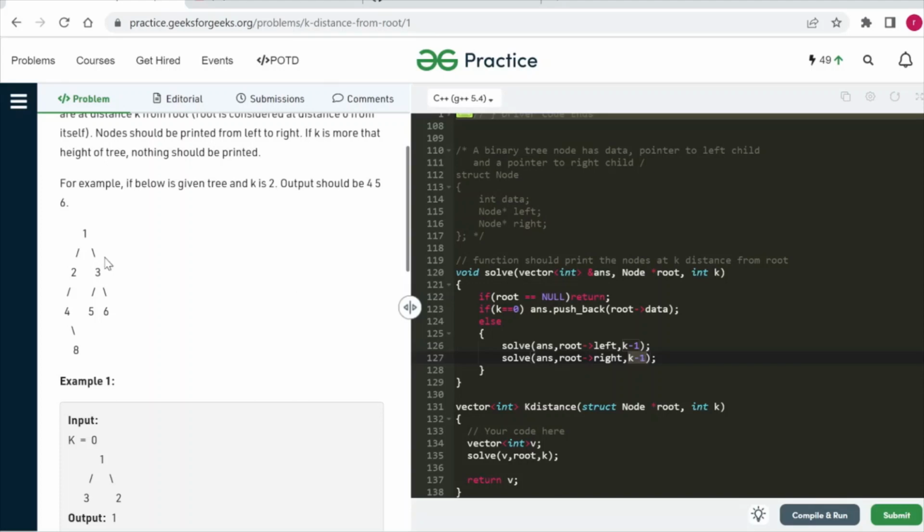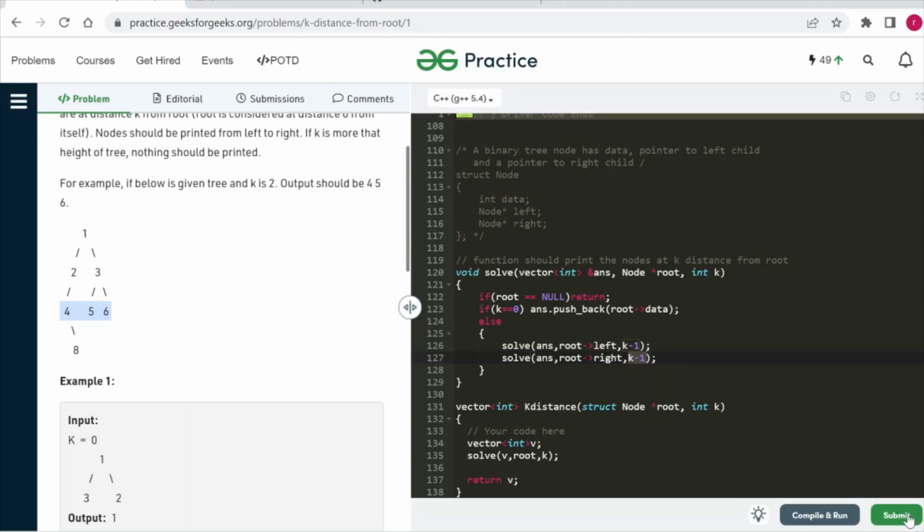So initially, when the k value is 2, we are at level 1, so we are recursively calling for the next level. That is why we are subtracting 1 from our present k value, that is 2, so our next k value becomes 1. When we are at level 2, our k value is 1. Again we are calling recursively for the next level, so our k value will become 0, and we know that whenever our k value becomes 0, we will print the nodes at that particular level. In that case we will return these 3 nodes, and we will not go further in this tree, because we only have to print those nodes whenever our k value becomes 0.